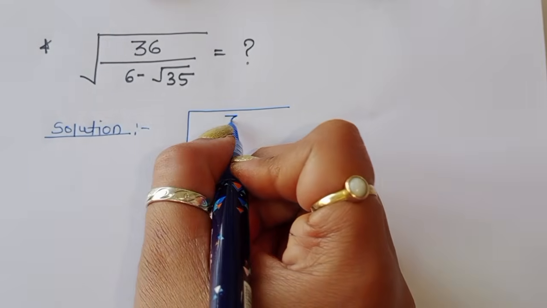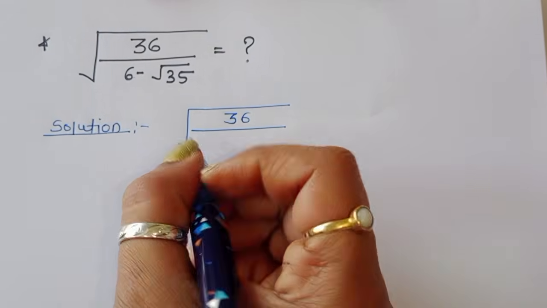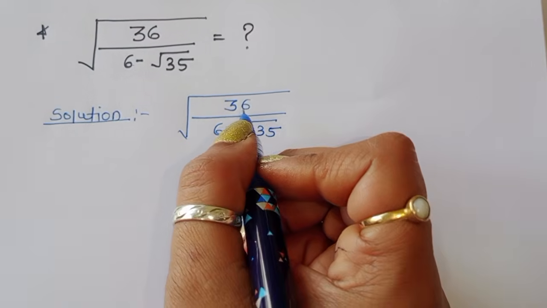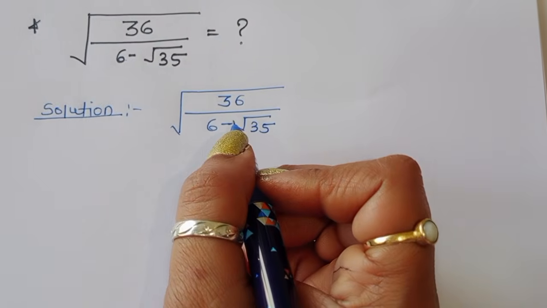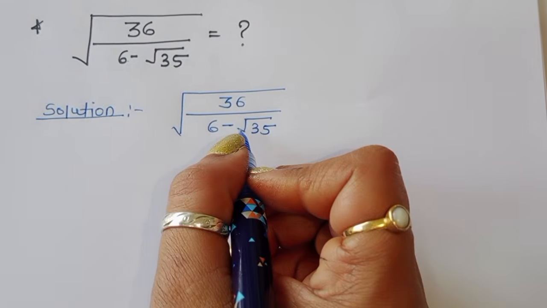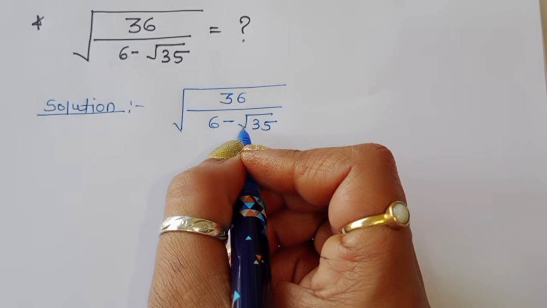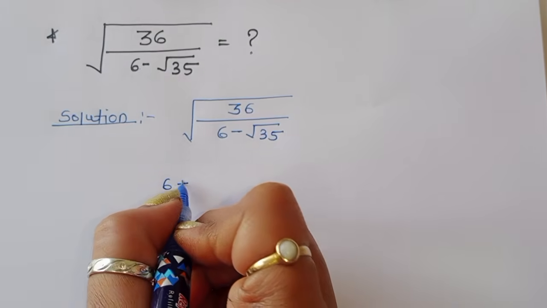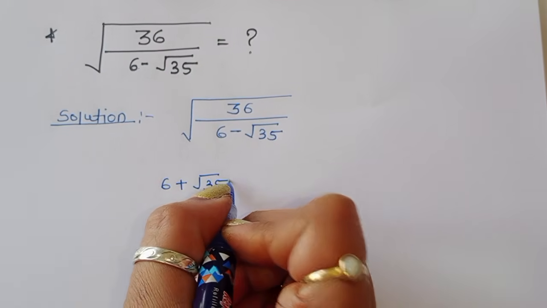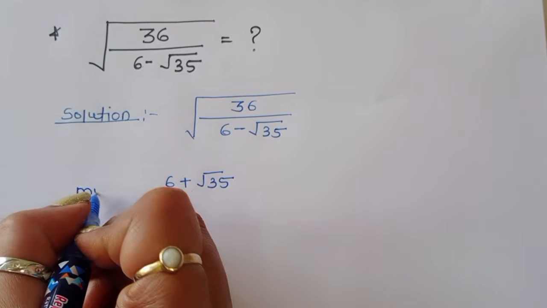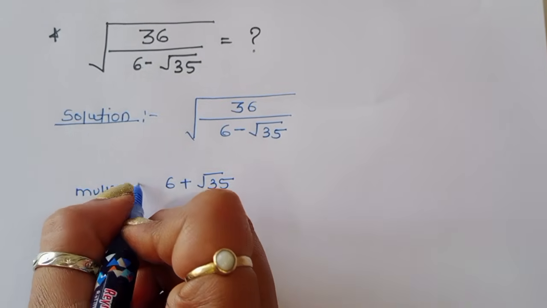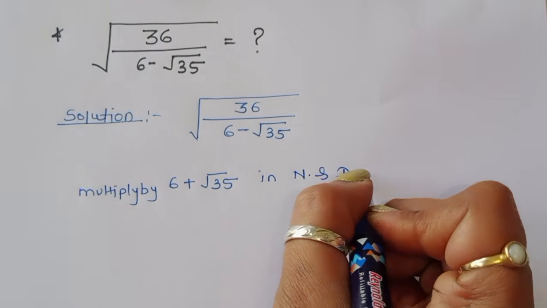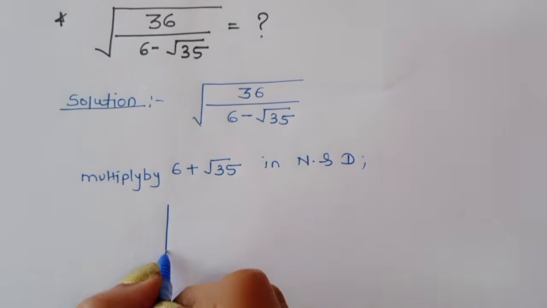The question is 36 divided by 6 minus square root of 35. We can rationalize this denominator. So we multiply in numerator and denominator by 6 plus square root of 35. Then we will get